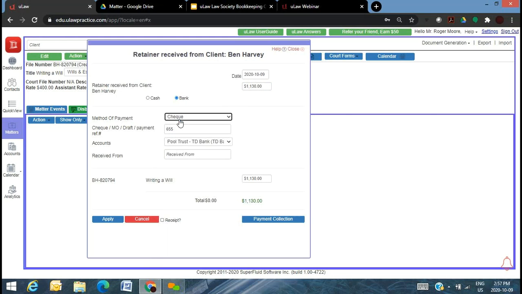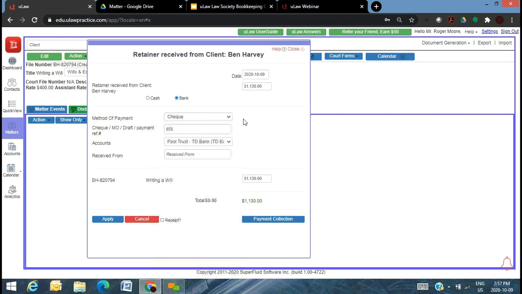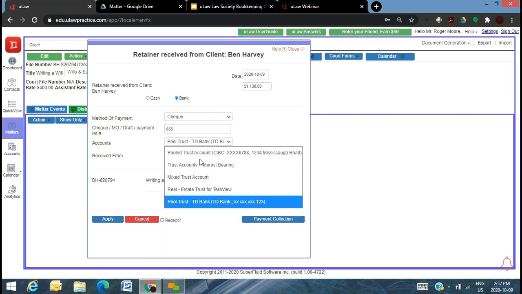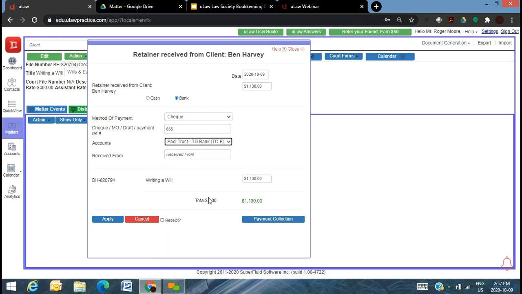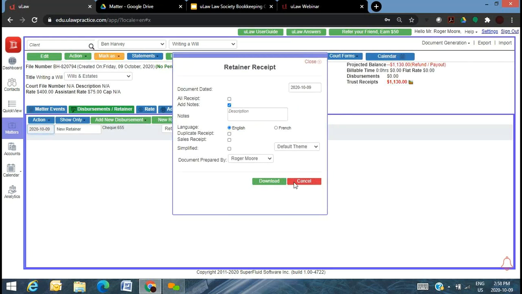Show me the proof. So it could have been a check, it could have been an email transfer. Had it been cash, and of course, then you need a deposit slip, which bank account was this deposited under in real life, so that when you're reconciling, this is the account that you're reconciling against. Who paid that? And of course, for your own client, providing them a receipt of $1,130, saying, hey, thank you very much. I've just got $1,130. I accepted into my system, and here is a retainer receipt confirming that I have.